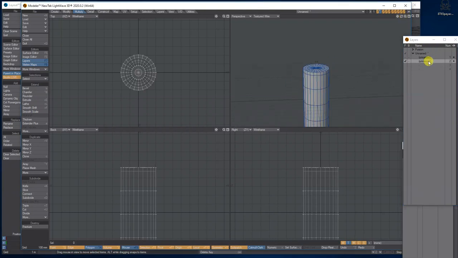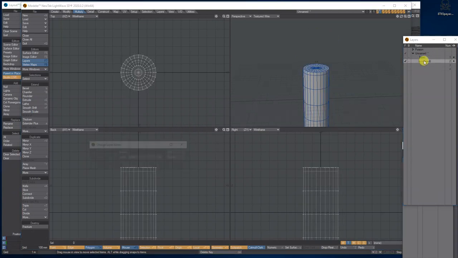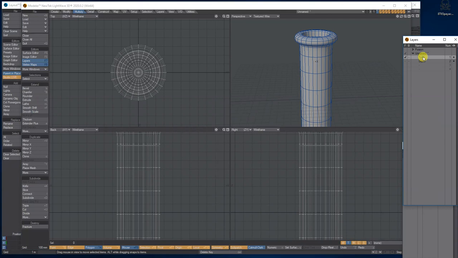While we're doing this, we'll double click the layer, call this tube, double click, call this, I don't know, liquid, so I know what it is. We'll also give it a name.